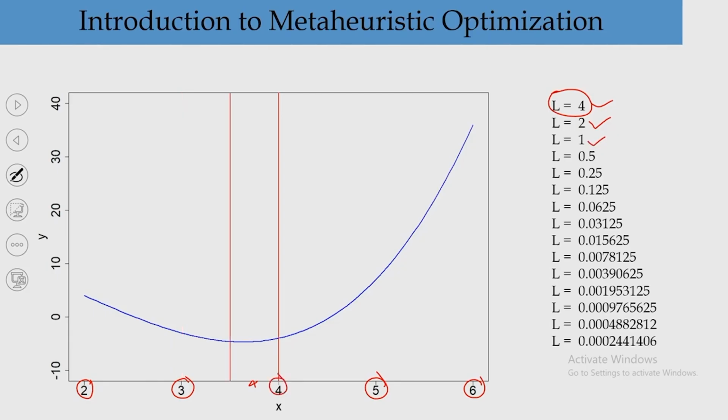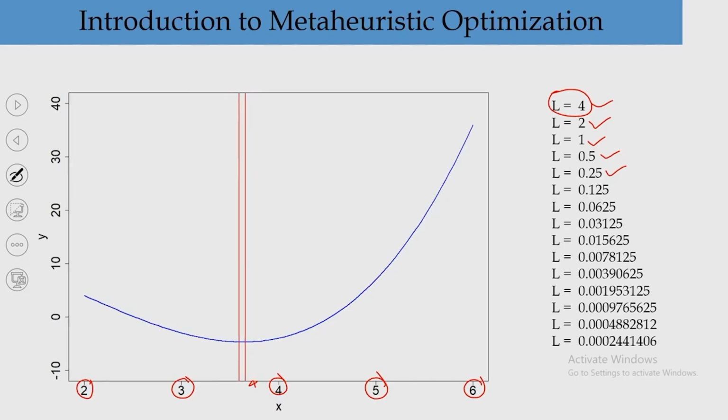Then if I continue this iteration, I am getting length equal to 0.5, then 0.25, something like that, and finally I am getting a very small length, and the value of L is